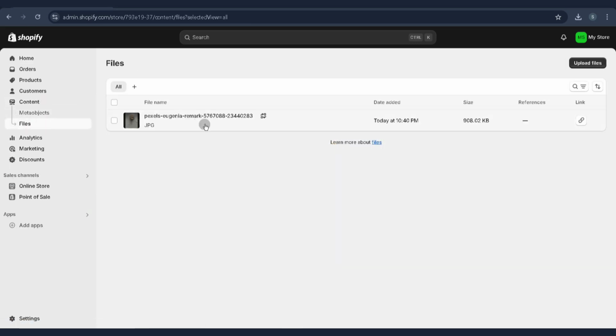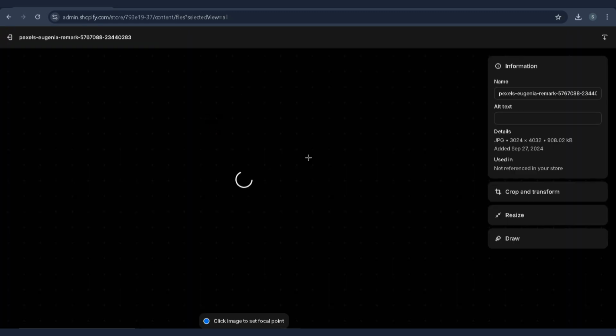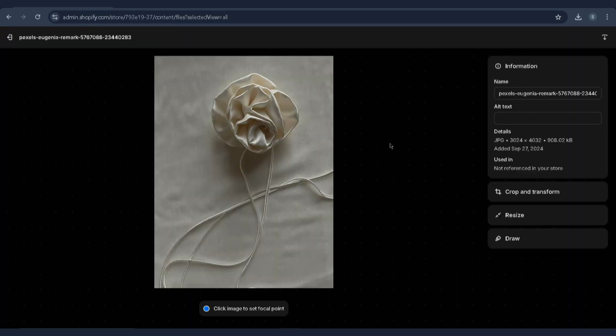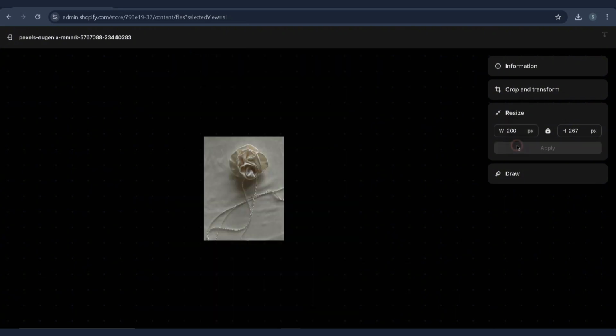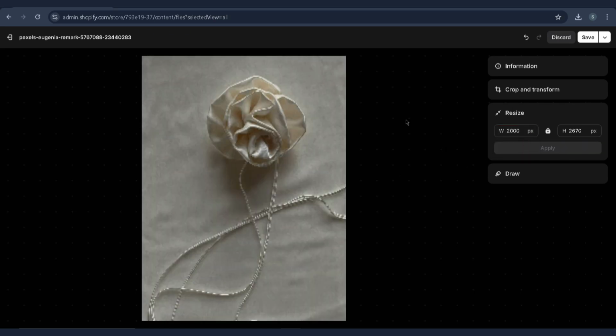Head over to files and click on the image that you want to resize. So in here, you'll be able to find the resize option. Click on resize. Now you'll need to enter your desired width and height for this image to be able to resize the image on Shopify. Once you click on apply, after you enter your desired width and height, you'll be able to resize your image